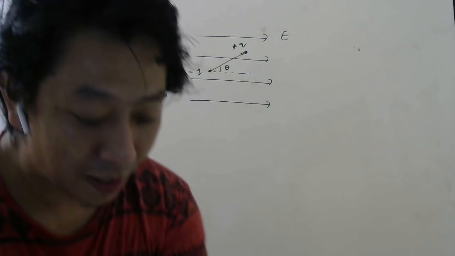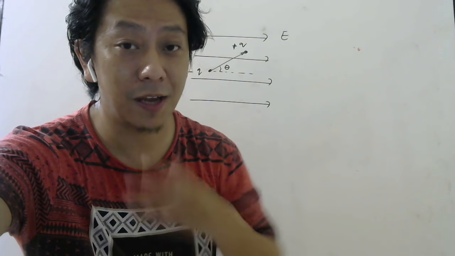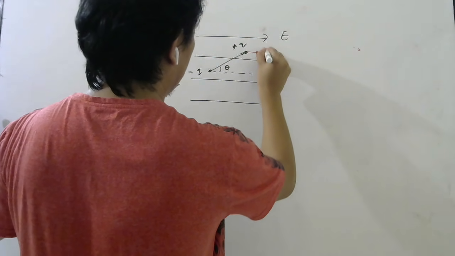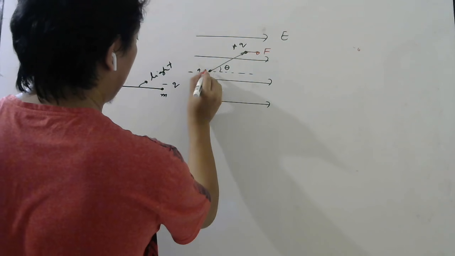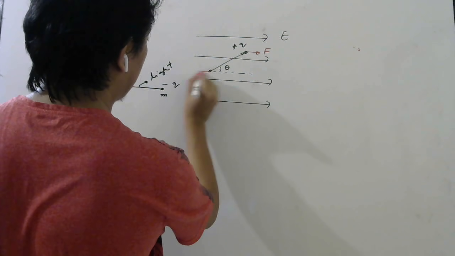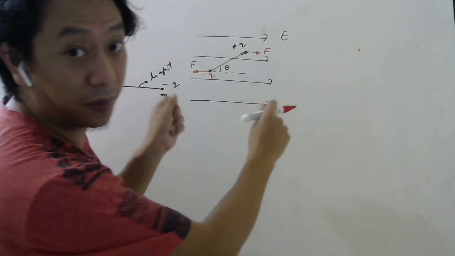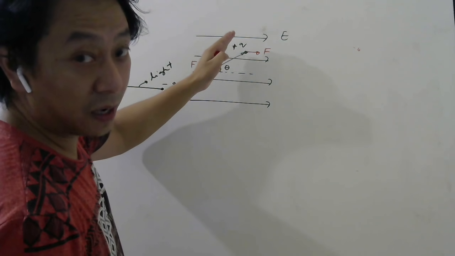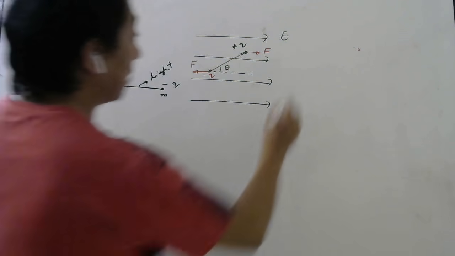Now let us go back and remember what happens when you keep a dipole in a uniform electric field. Tell me, it will experience a torque. Because of this force, plus q will feel force in the direction of the electric field, minus q will feel force in the opposite direction. This is minus q. So that will form a couple and therefore it will rotate. As it rotates, if you remember I told, somewhere here it will reach. That time taken they are asking.